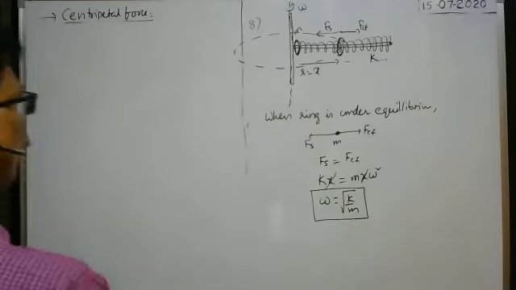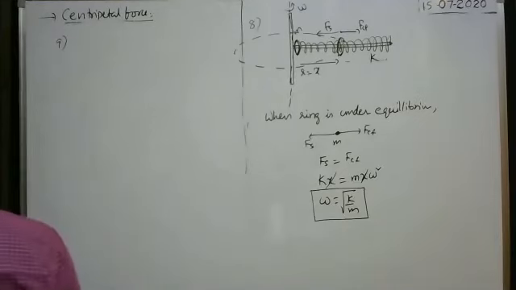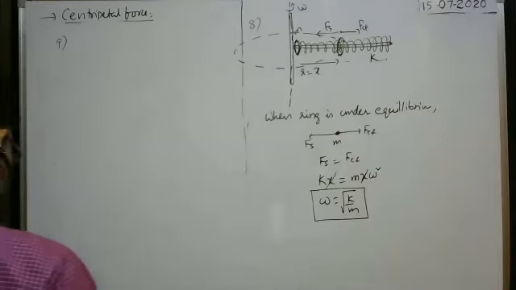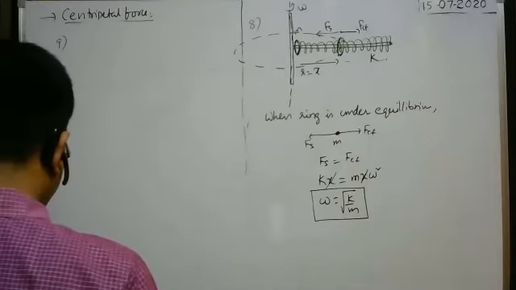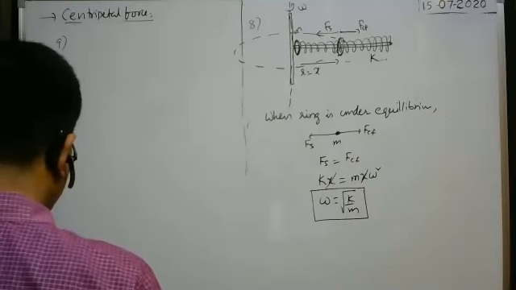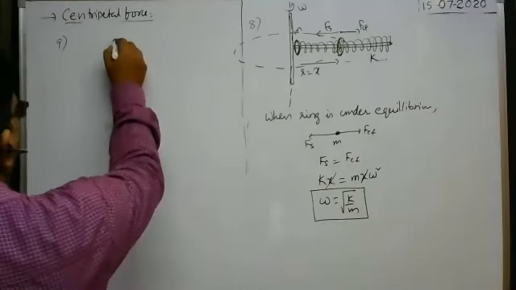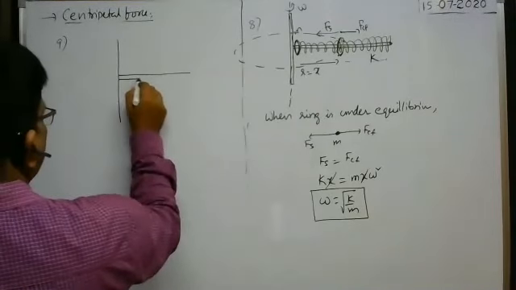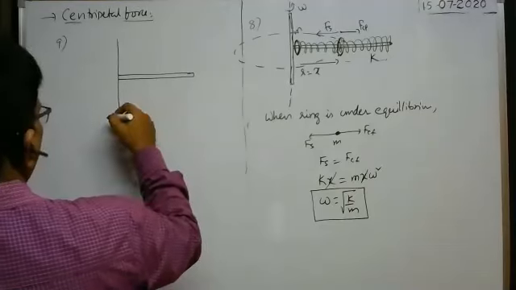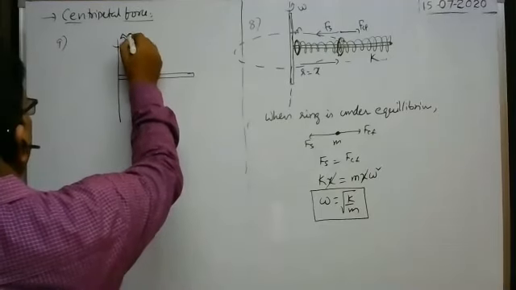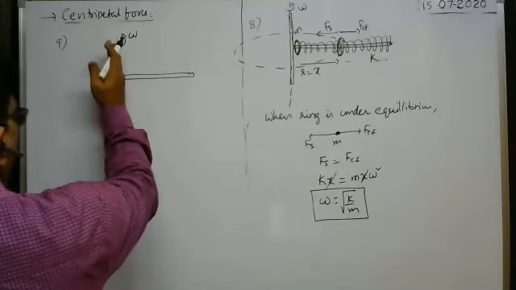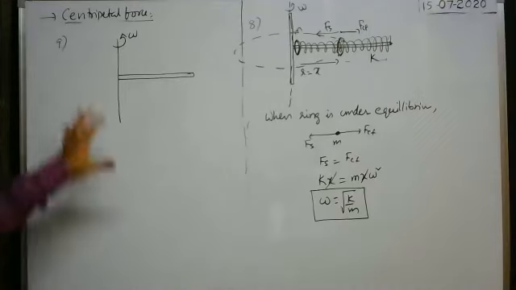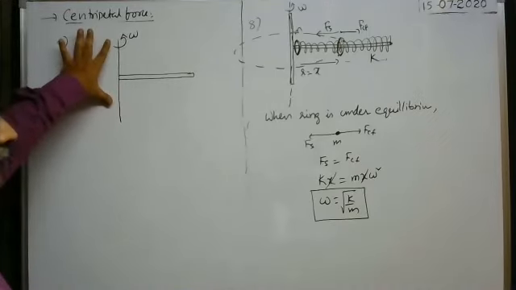A rod, next one more point, ninth one. A uniform rod is made to rotate about one end in a horizontal plane with angular velocity omega. Then find the tension in the rod at a distance x from the axis of rotation. About the vertical axis, this is the vertical axis. A rod is fixed to the vertical axis, perpendicular to the axis. Now the rod is made to rotate with angular velocity omega about this vertical axis. Then the rod makes rotations in a horizontal plane.